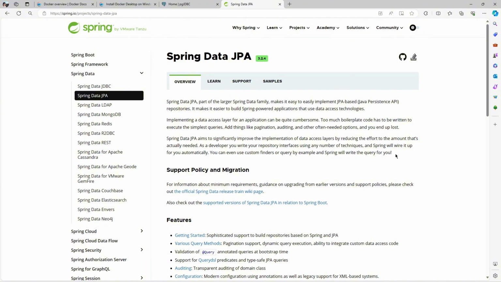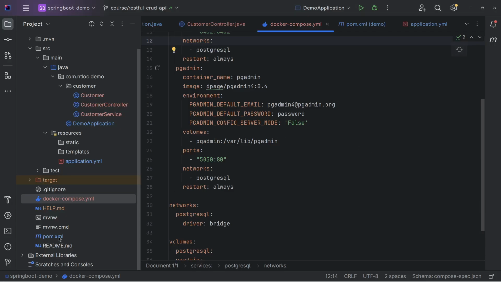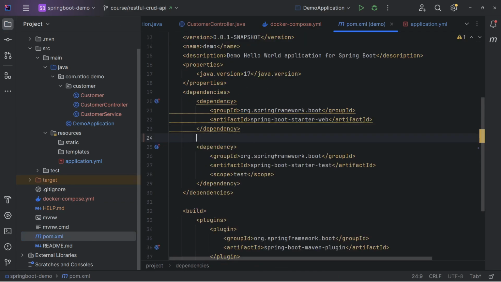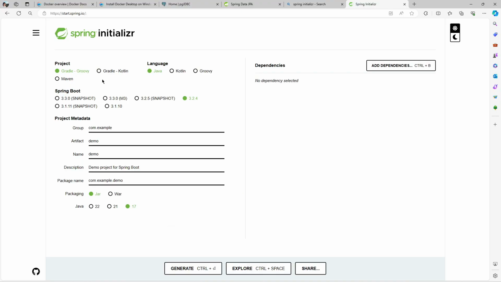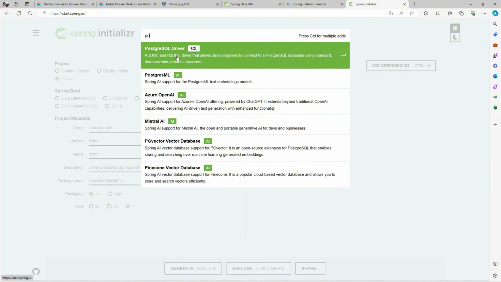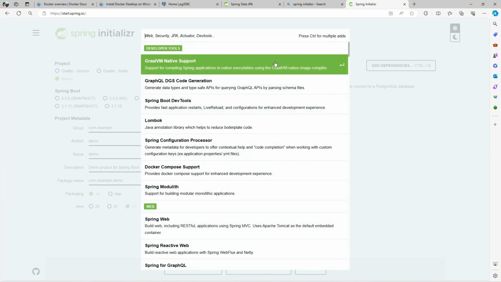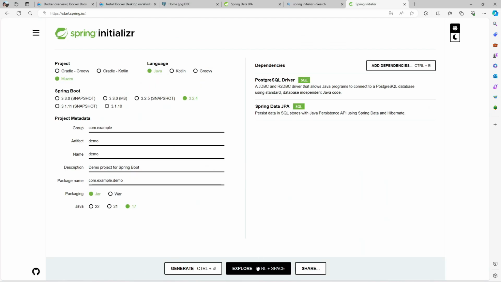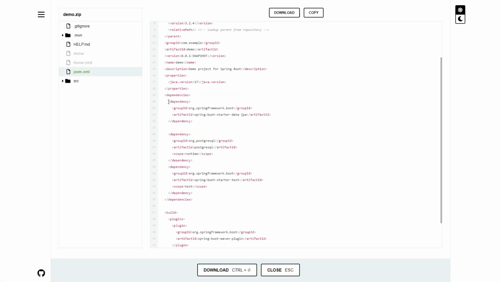Go back to IntelliJ, open the pom.xml file, and look under the starter web dependency. To add the dependency, you can go to Spring Initializr, go to Maven, click on add dependency, and type Postgres driver in here. The second one is Spring Data JPA. Click on explore, and now simply copy the dependency.